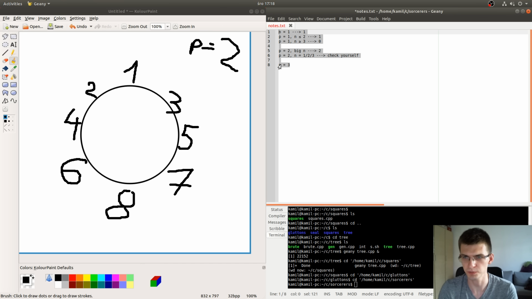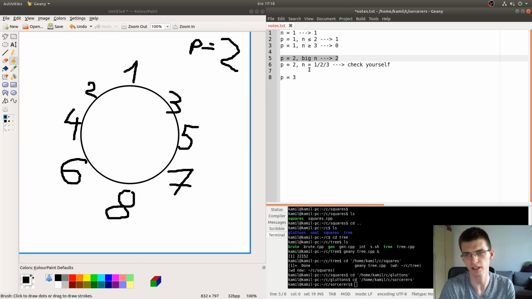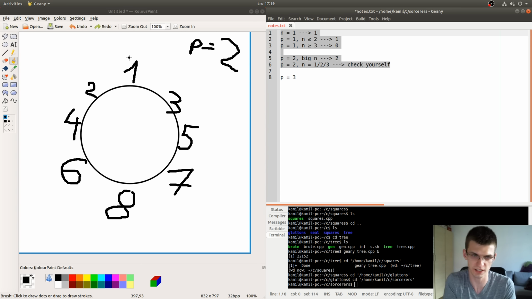So in these previous cases, after reading those forbidden pairs, forbidden directed edges, it's kind of a graph, we should check, for example, where we had p equal to 2 and big N, whether ordered like this, 1, 3, 5, 7, 8, 6, 4, 2, 1, it's okay. So whether none of these edges are forbidden in the input. Anyway, with this extra check in linear time,